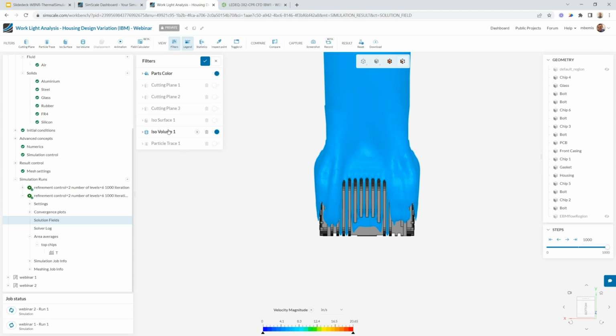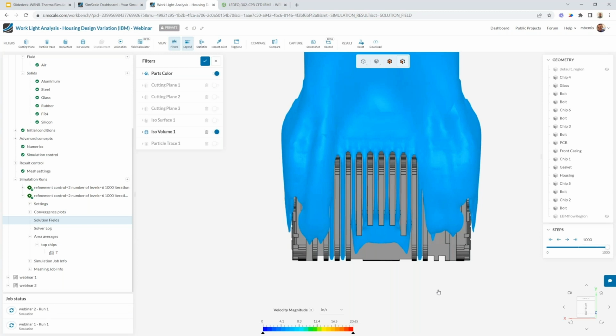And I was able to do that by using an ISO volume. So in this case, I said, hey, Simscale, show me everywhere I'm leveraging an ISO volume. Show me everywhere in the model that's between 4 inches a second and higher in velocity. And I can understand if I have good speed through the